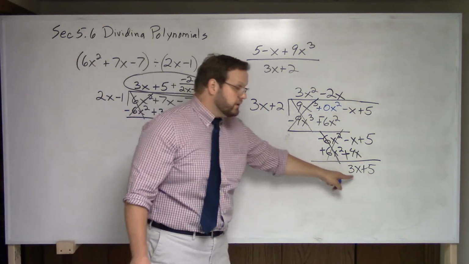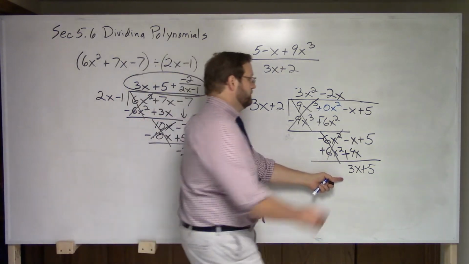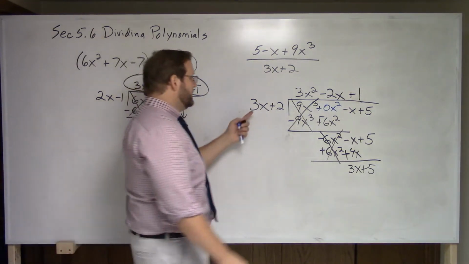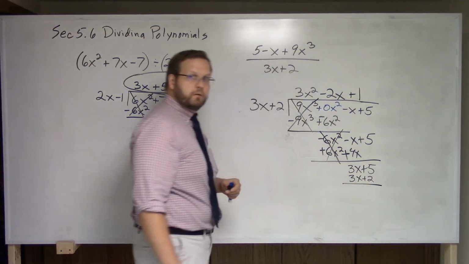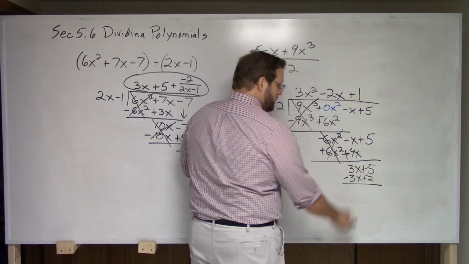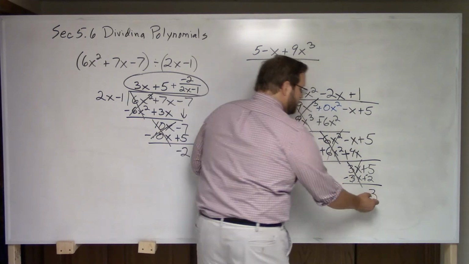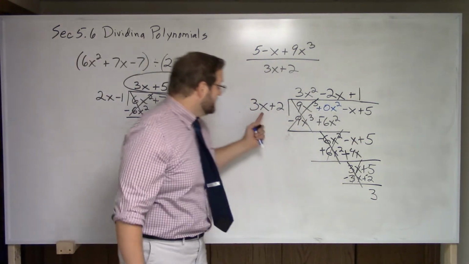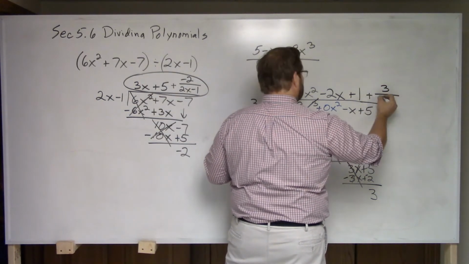Degree here is 1, degree here is 1. We're not done yet. 3x times what gives you 3x? A 1. I distribute that 1 and I get 3x plus 2. What do we do? Change the sign. Gone, because 3 minus 3 is 0. 5 minus 2 is 3. And then to finally finish it off, this degree is less than this. I just say 3 over